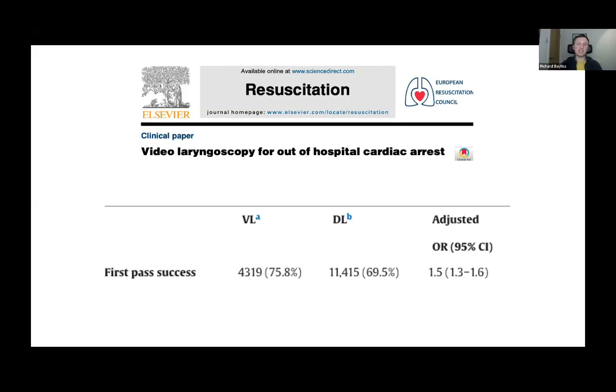But that didn't actually translate into a significant difference in ROSC rates, although there's a similar study that's been published this month, again in Resuscitation, that suggests there was a survival to discharge benefit from the use of videolaryngoscopy during cardiac arrest versus direct laryngoscopy. So that's potentially interesting. But as with device, these are studies performed in systems that are quite different